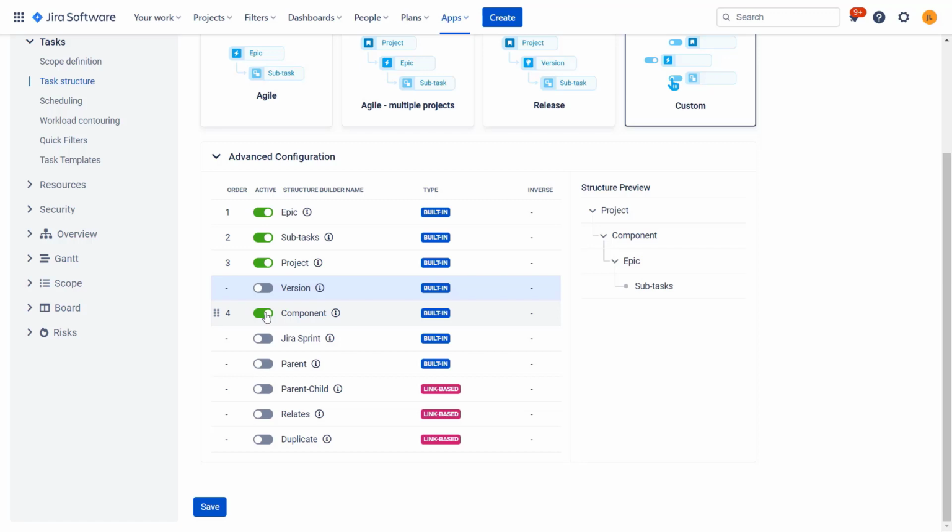In theory it should be in 2 places, because there will be 2 entries, for example, for 2 different components, and the issue should be treated as a child of both of them, right? Actually in that case, part of this information will be omitted. It will be put under just one component, and we won't even see that it is also located under the other. So I would be careful with using these structure builders,